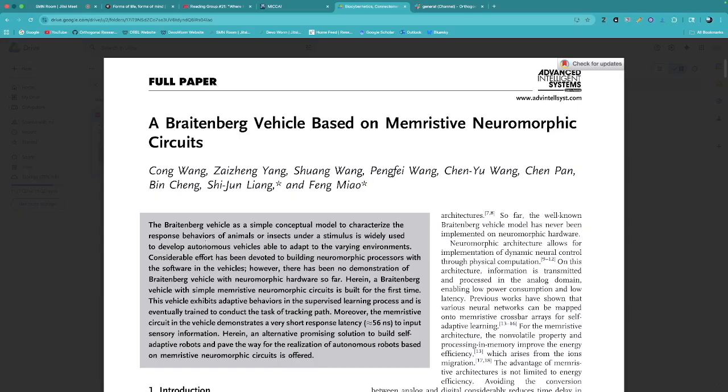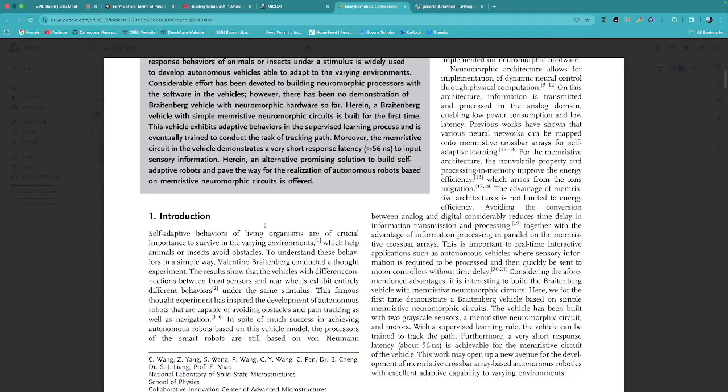Moreover, the memristive circuit in the vehicle demonstrates a very short response latency, and they estimate that at about 56 nanoseconds to input sensory information. Herein, an alternative promising solution is to build self-adaptive robots and pave the way for realization of autonomous robots based on memristive neuromorphic circuits. The introduction is that they kind of go over and review self-adaptive behaviors, which are of crucial importance in varying environments,